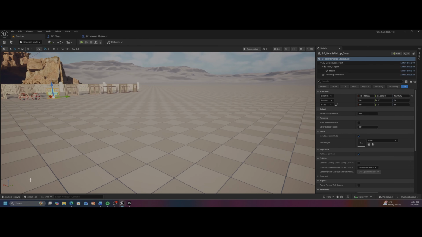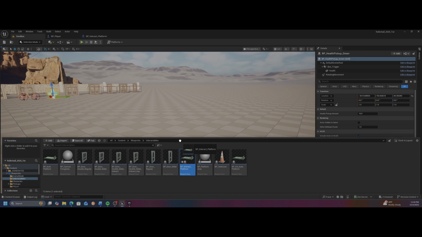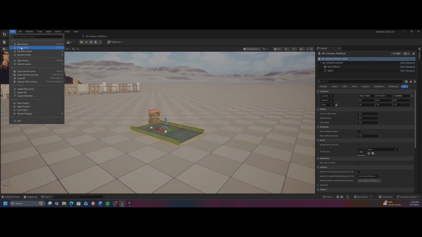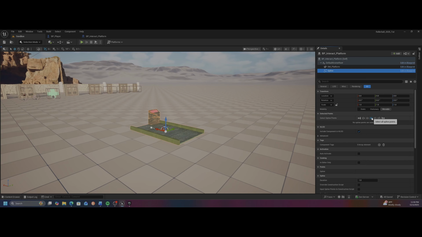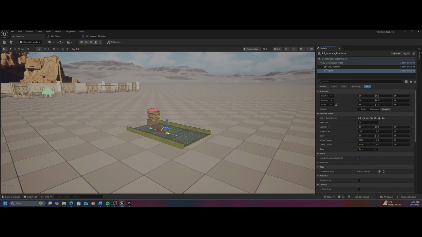So let's go into our sandbox, go into the content drawer, and we're going to drag this out. Let's do a file save all so we don't lose anything. Okay, with it selected, I'm going to select the spline over here. I'm going to select all the splines by pushing this button. And then I'm going to push this button and select the very first spline here. So remember, the origin point is this first spline, and then there's the second spline because this has two splines